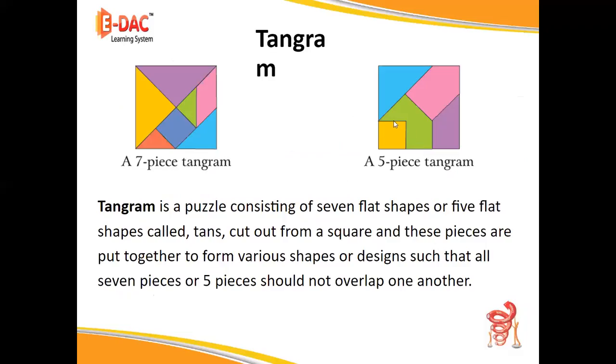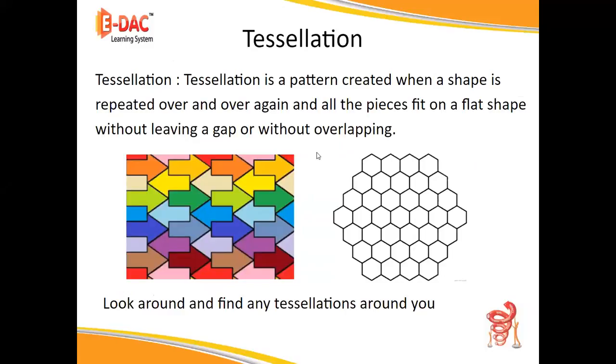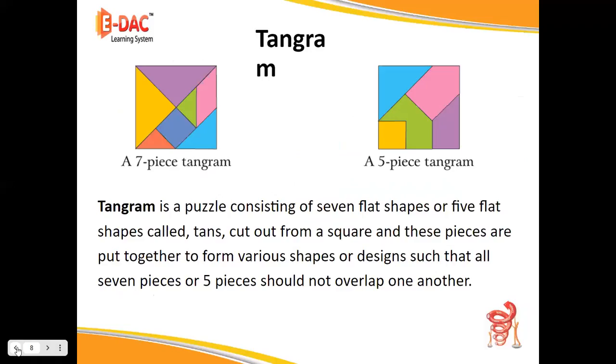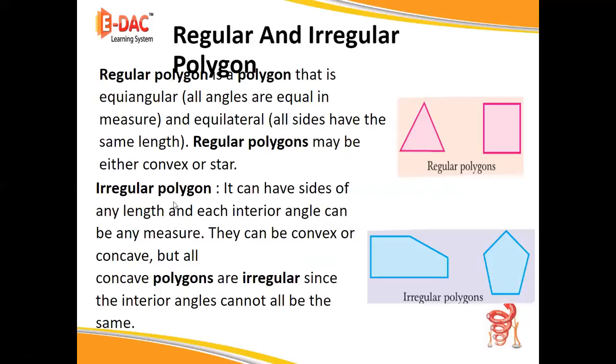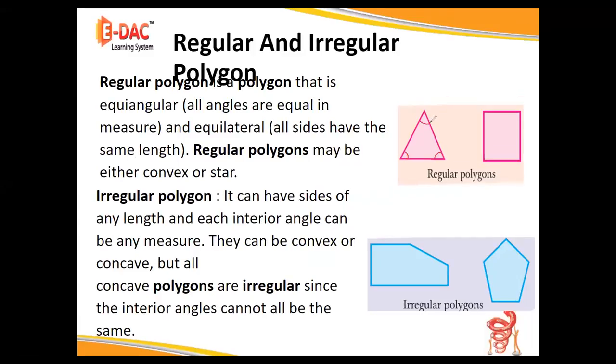See, it is one angle. Wait, I will tell you. Here it is an angle, and it is an angle, here it is an angle. All angles must be the same, equal, and all sides equal. All angles and all sides equal, then that is called a regular polygon. Okay, different lengths and different angles, they are called irregular polygons.